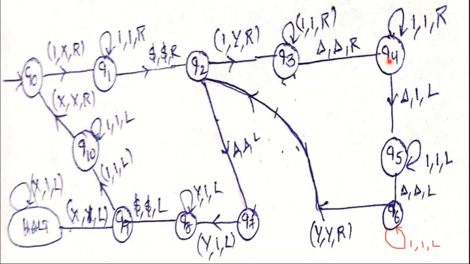After that, previously we marked one del replaced with 1. So that's why now we are reading 1 as the input. So that one as it is and then move right. After that one, end of the input. So now that del is replaced with 1 and then move left.